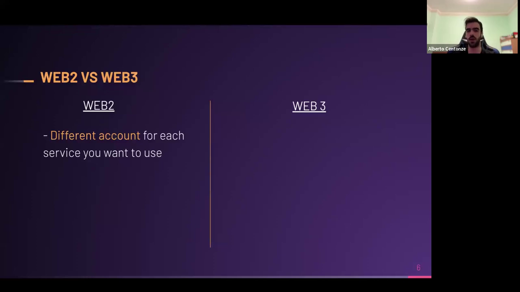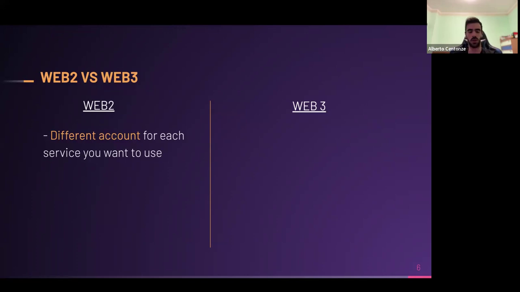And so these are some implications: since those servers are not public, they don't really communicate with each other. So each one of them needs to have a different account for each service that you want to use. I mean, this got much better with years now that Google is sort of unifying everything, so you can log in with Google and access everything. But before, you still had to make a different account for every single service. So it was Meta, Instagram, Facebook, Google. Every single one of those was a separate account, and this was messy.